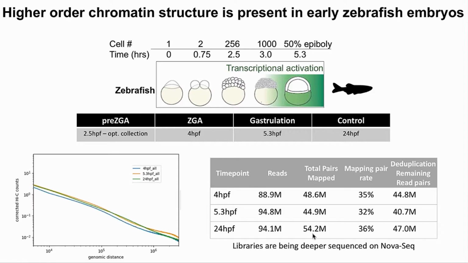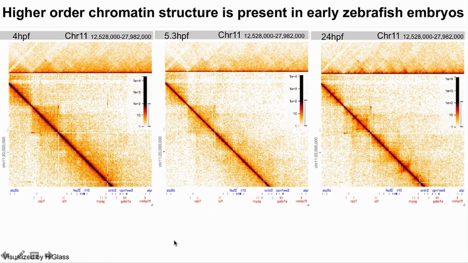I'll just say that if you look on the left, the contact probabilities look reasonable in terms of the initial data. If we go to the next slide, these are the initial Hi-C maps visualized by HiGlass. So we're looking here at a portion of chromosome 11, for example, just to illustrate this. What you can see at this modest resolution of sequencing is that we do have some architectural features that can be observed even at 4 hours post-fertilization, so at ZGA. And then if you go forward in time, 5.3 hours and then 24 hours, those become more and more refined in the embryo. We don't have the resolution yet to clearly call TADs, but that is the ultimate